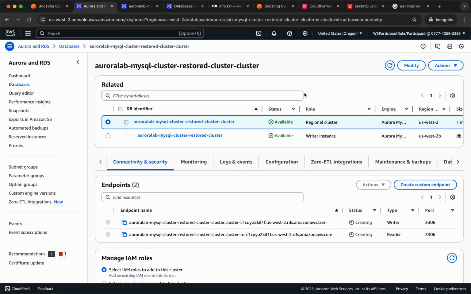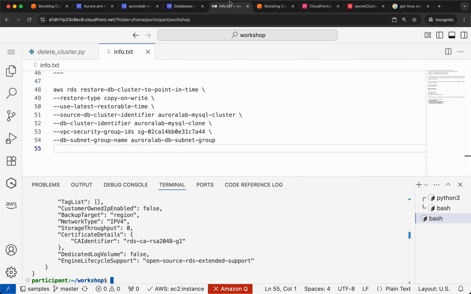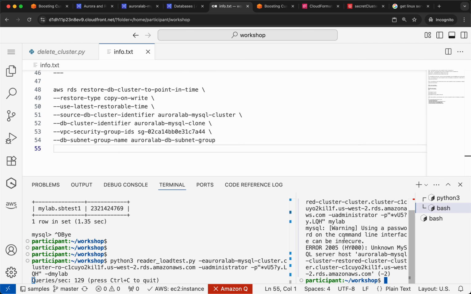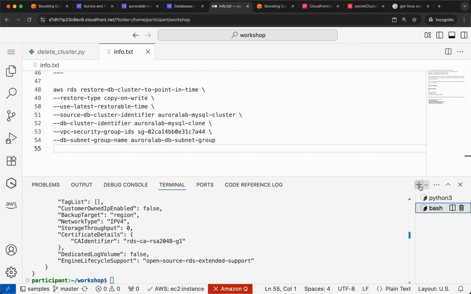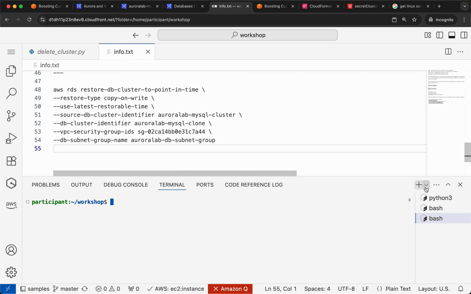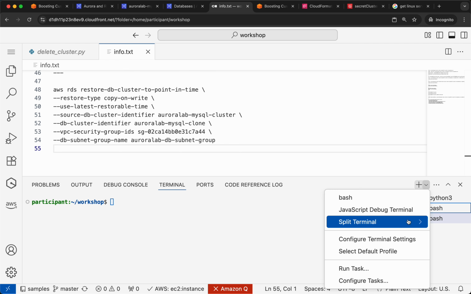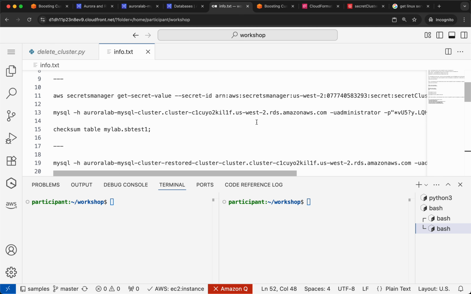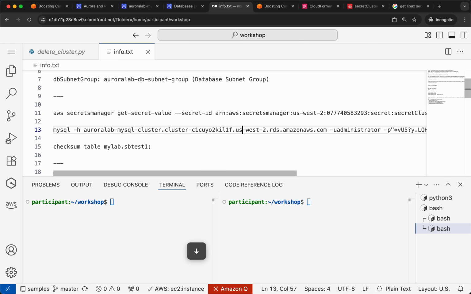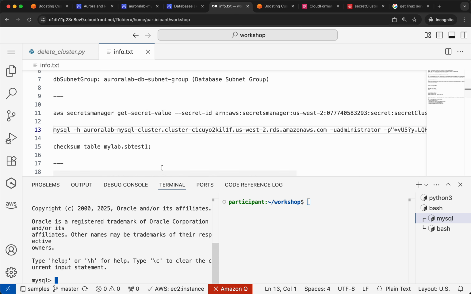So this is the restored cluster. Oh, by the way, I didn't run the thing in the restored cluster, right? So maybe I will do that. One moment. I will leave this thing. Keep this going, and I'll use a different thing, and I'll just say split terminal. Oh, why can't I split? Split terminal bash. Okay. So I actually wanted to do this too, which is connect to this cluster and say